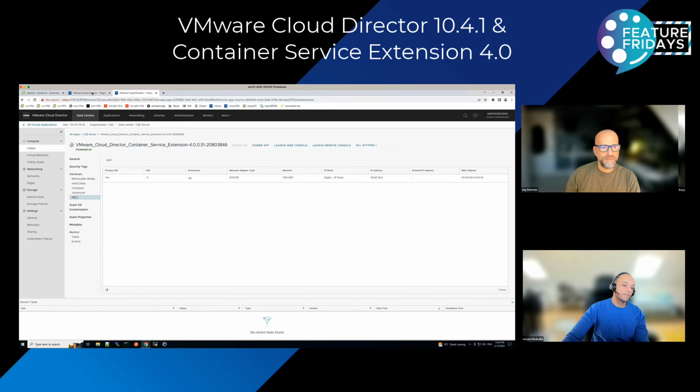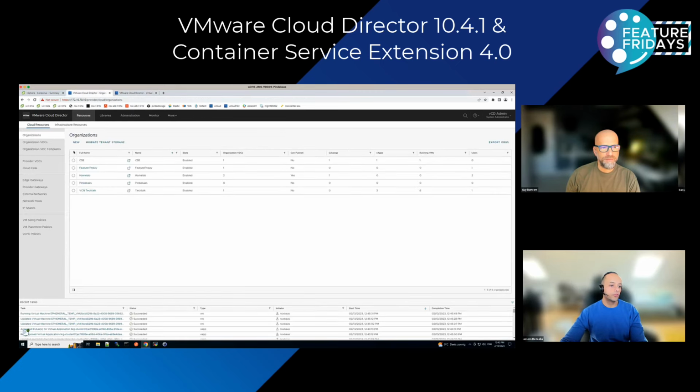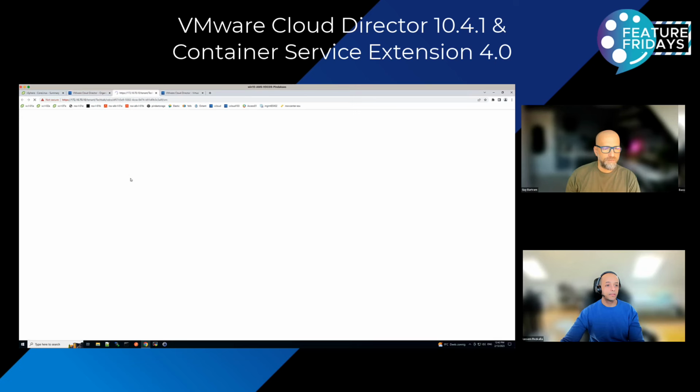Now, if you go back for your tenants, here is a list of my orgs that I have. For example, if I pick this one, these are my VDCs. Let me open one of these tenants quickly.